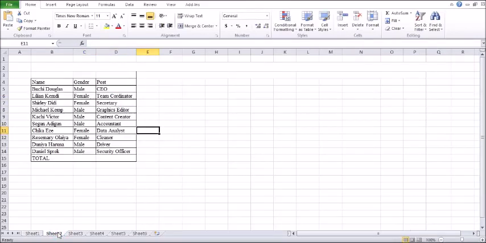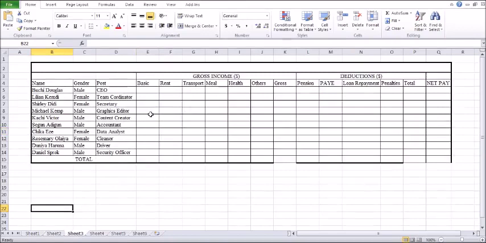So you continue typing, and now you have all the names of the 10 employees, their gender, and their position in the company. Now, the next thing you do is you start with the salary. The salary can be broken into components. So you can see that the salary has to do with the gross income and the deduction. The gross income has the basic, the rent, the transport, meal, health plan, whatever you pay for health plans, others, and